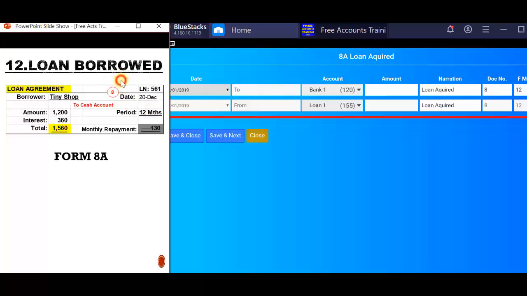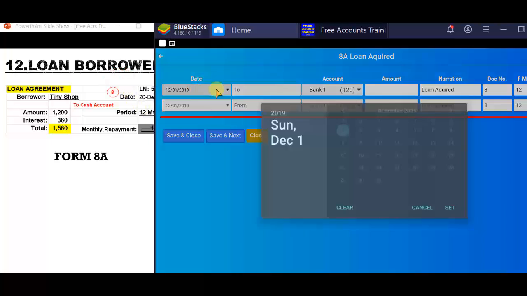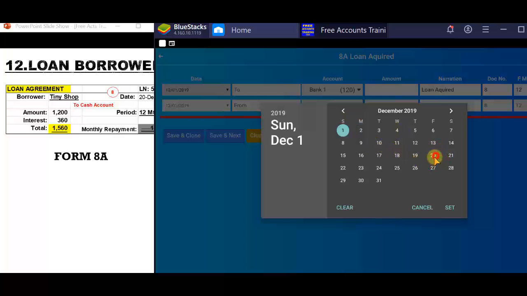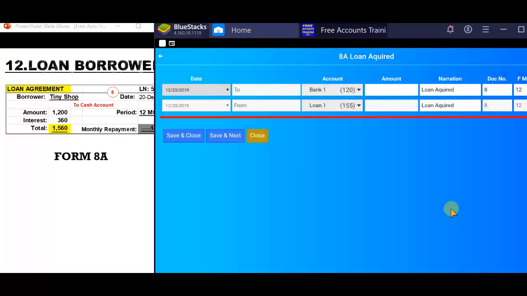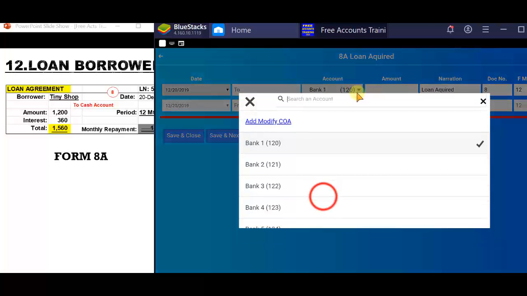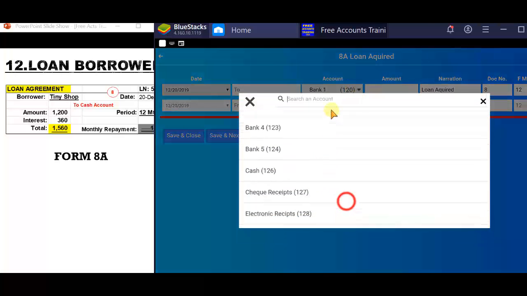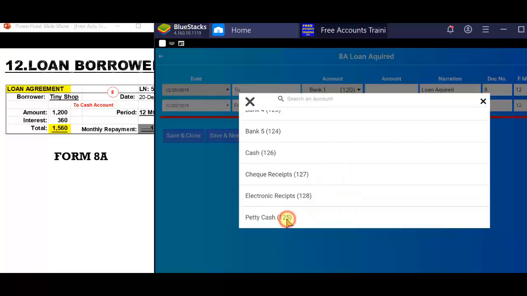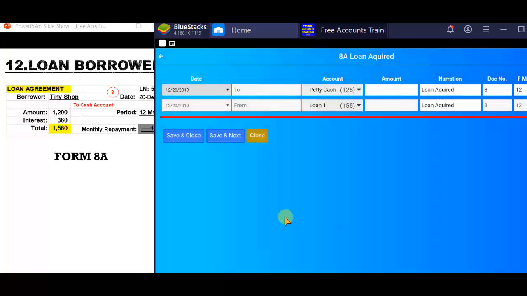The date is the 20th of December. 20th of December. Now, the required accounts, one of them is fine. The second account I think we should use is the petty cash account. So we click the drop down, and select the petty cash account 125. Now, in your version of the software, you're going to find this account pre-selected that is being modified. Now, the amount borrowed,